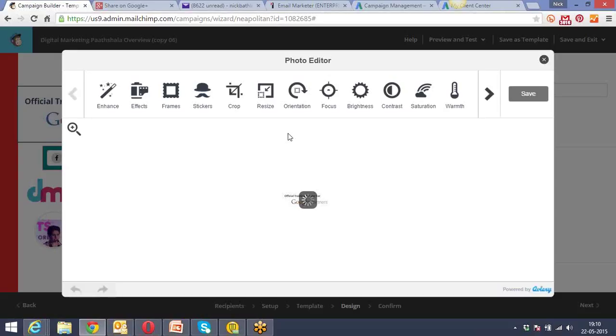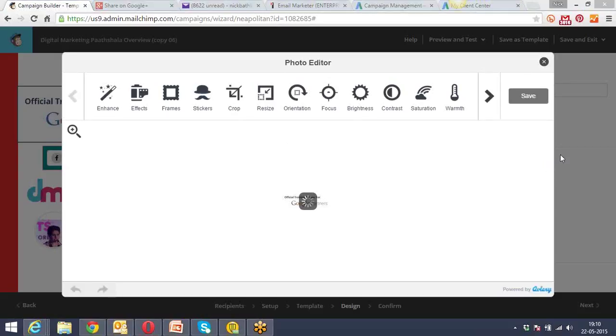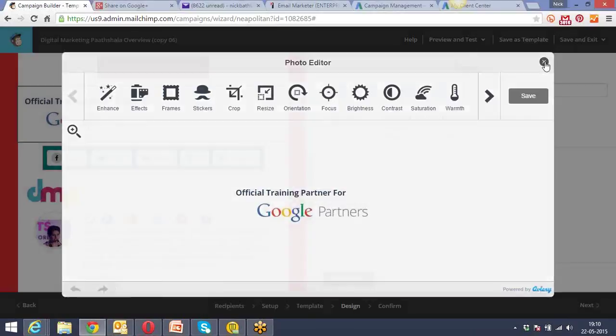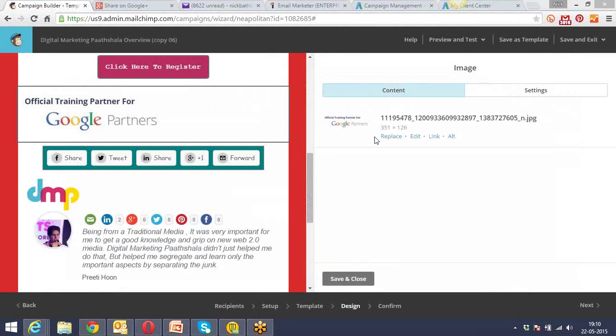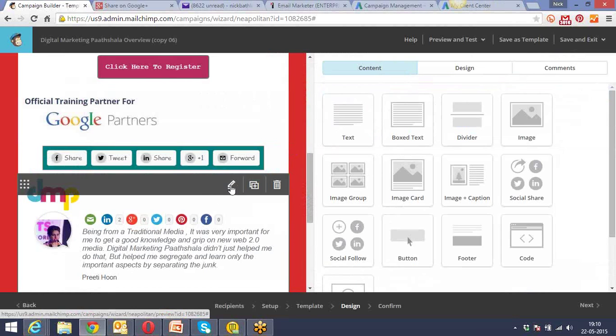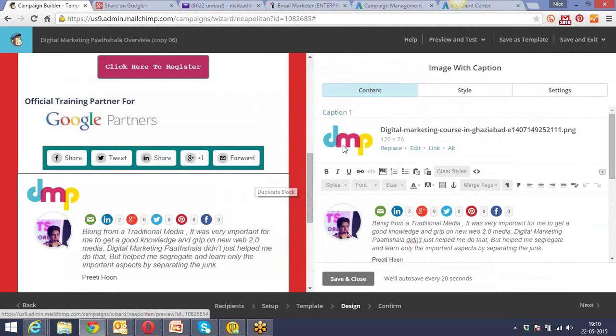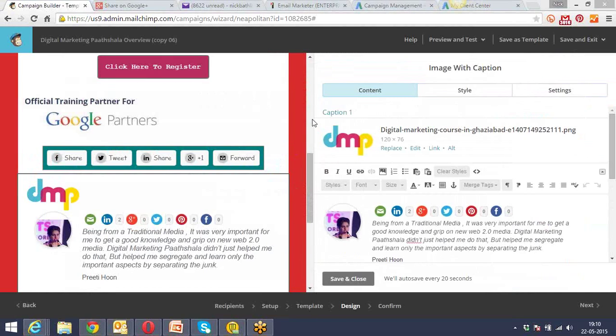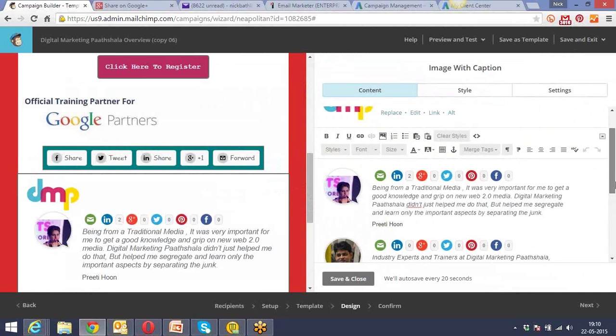But the way you do it, you actually go ahead and click on the resize part. If I go ahead and click on this image, the testimonials ones, absolutely right. If I go ahead and edit this particular image,